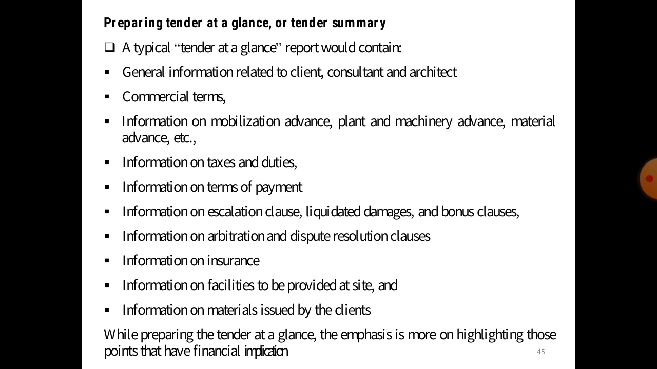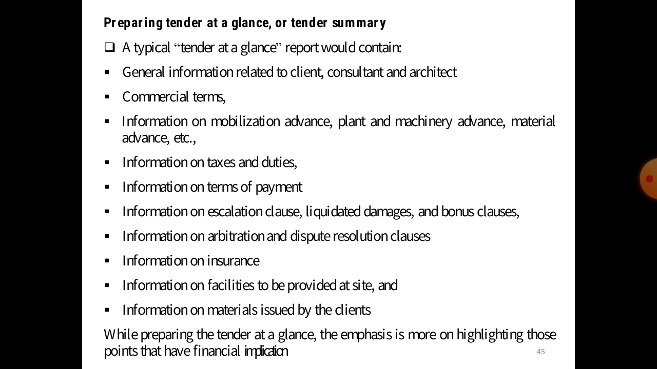Fourth is the information on taxes and duties. Fifth is the information on terms of payment. Sixth is the information on escalation clauses, liquidated damages, and bonus clauses. Seventh is information on arbitration and dispute resolution clauses. Eighth is information on insurance. Ninth is information on facilities to be provided at the site, and the last one is information on material